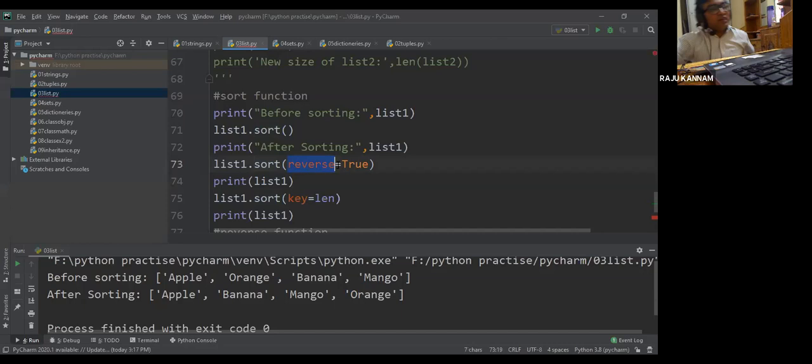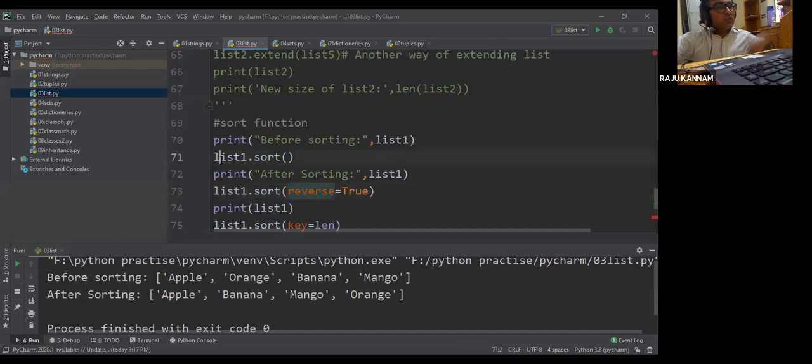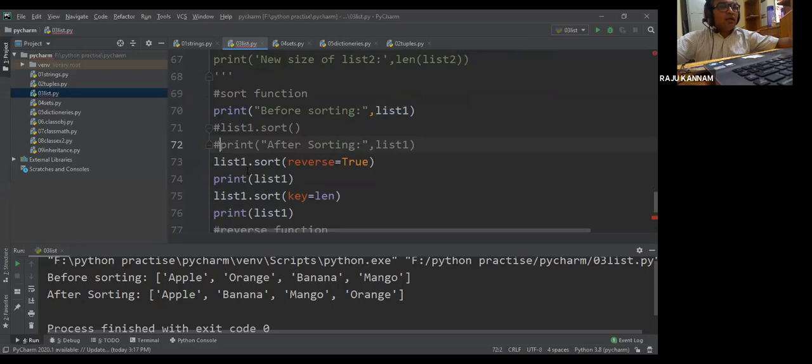I want to print reverse now. So this alphabetical order one, I am commenting it. Now let us see what happens if we give reverse equal to true. It will print all the elements in reverse.